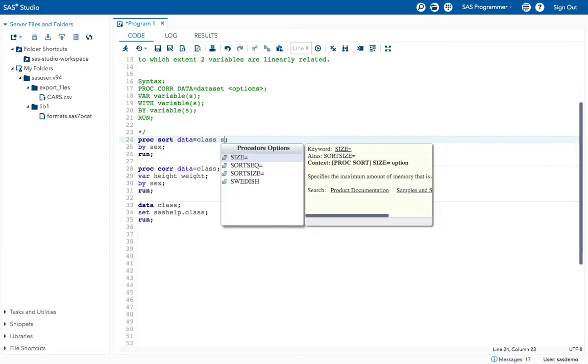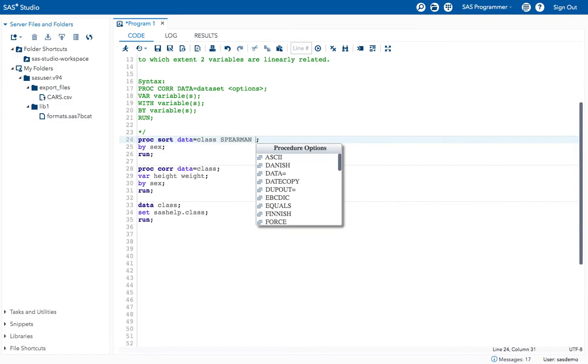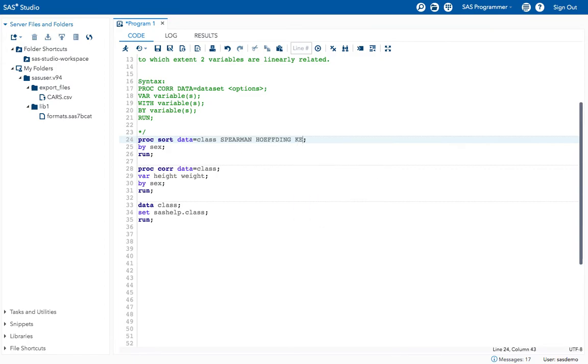Now I want the Spearman correlation method, Hoeffding, and Kendall.